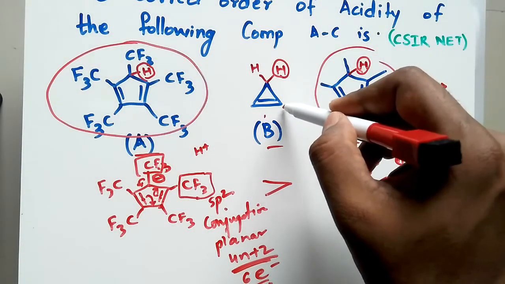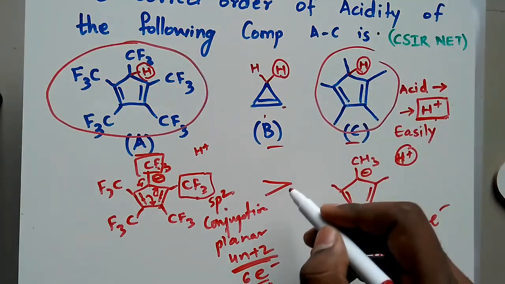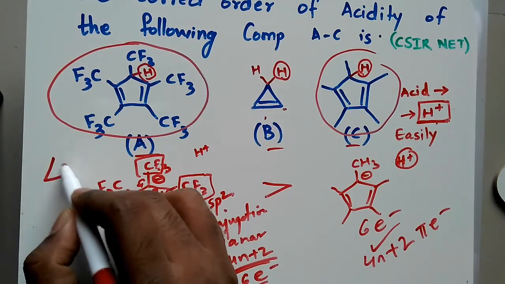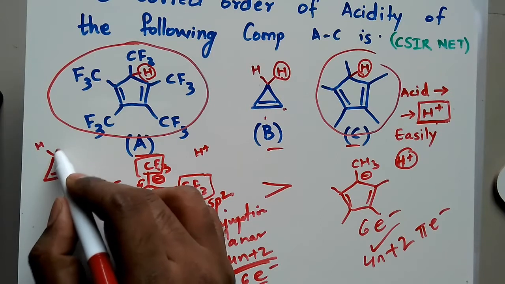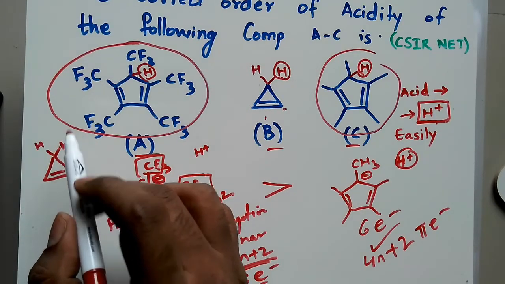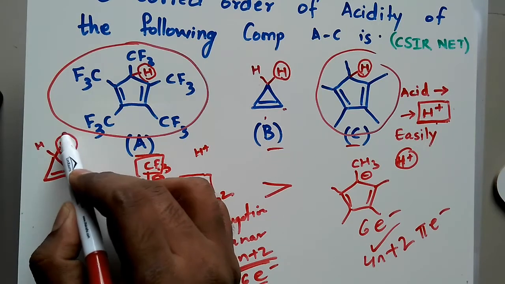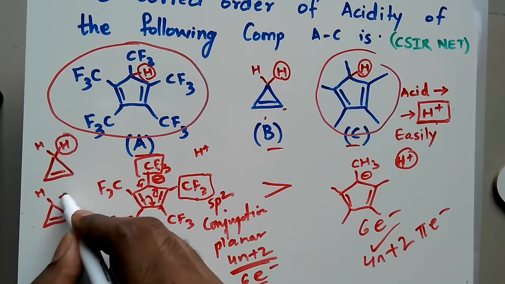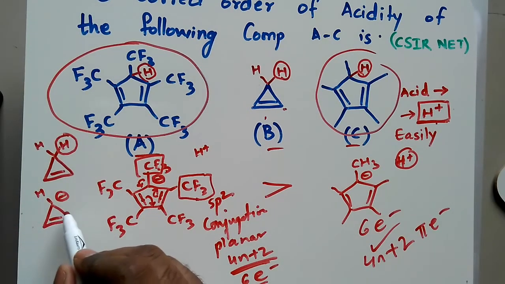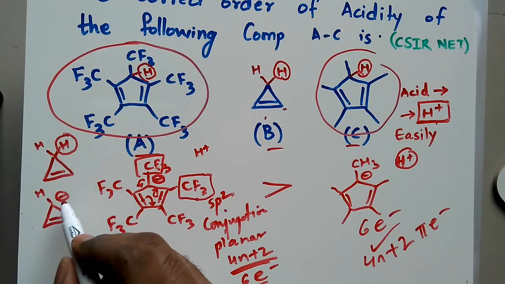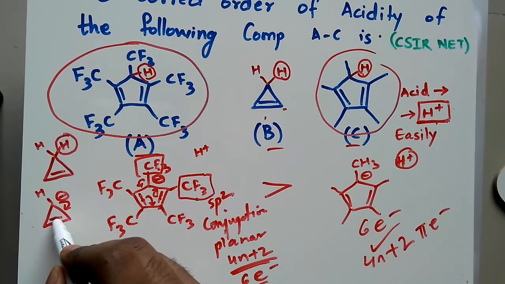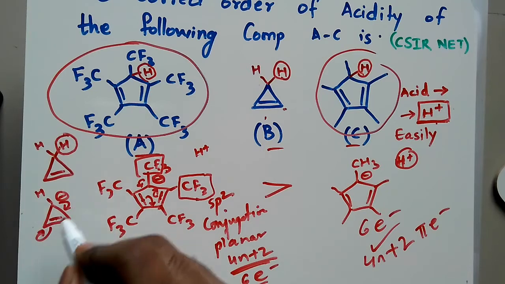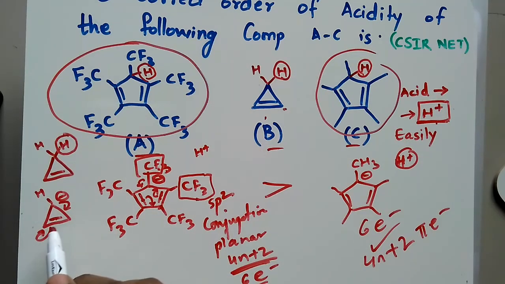Now what about the B part? B part, I'll draw it here. There is hydrogen. Now to be acidic in nature, it has to lose one hydrogen. Once it loses this hydrogen, we get a structure like this, and here there is a minus charge. Is it planar? Yes, it is planar. Is it delocalized? This negative charge can fall here, and this bond can fall here as negative charge, and it will be delocalized. Yes, delocalization is there. Is it planar? Yes, it is a planar structure.